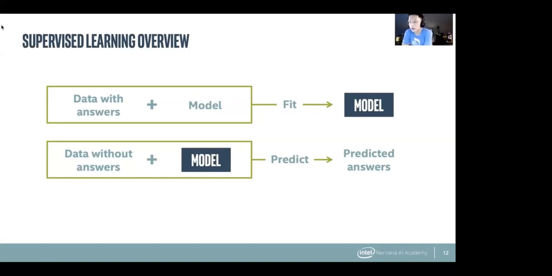But you can think of it this way. Your model has a bunch of parameters that you can tweak, right? A bunch of knobs that you can turn. So you can think of the model as a bunch of knobs, and you can turn these knobs to make the model smarter or dumber or more correct or less correct. And the process of fitting this model is basically going into this model and tweaking all the knobs. These are called the parameters, tweaking them so that once you give it the data, it'll give you the right answer. And in this process of tweaking these knobs, you will somehow discover something interesting about the underlying distribution of data. And then in the future, when you see new data, you'll be able to predict the right answer from it. Yeah. Thank you so much.